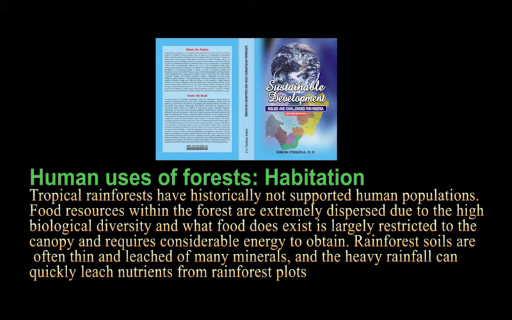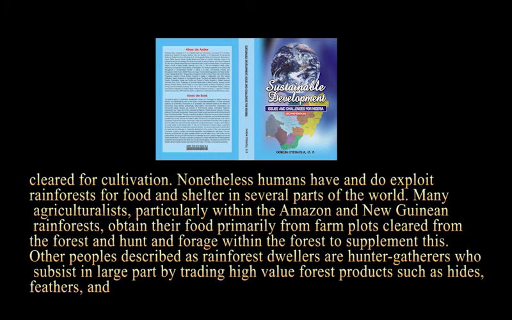Human uses of forests. Habitation. Tropical rainforests have historically not supported human populations. Food resources within the forest are extremely dispersed due to the high biological diversity, and what food does exist is largely restricted to the canopy and requires considerable energy to obtain. Rainforest soils are often thin and leached of many minerals, and the heavy rainfall can quickly leach nutrients from rainforest plots cleared for cultivation. Nonetheless, humans have and do exploit rainforests for food and shelter in several parts of the